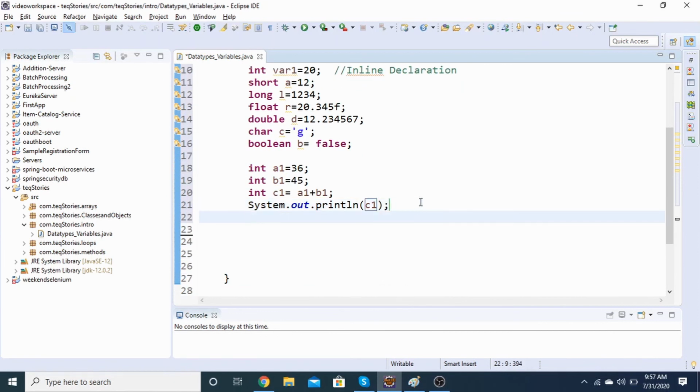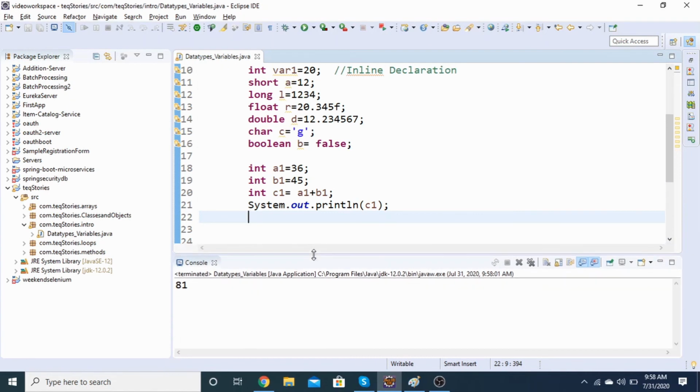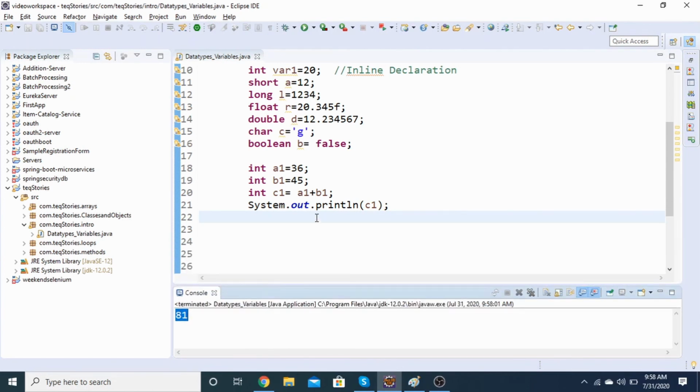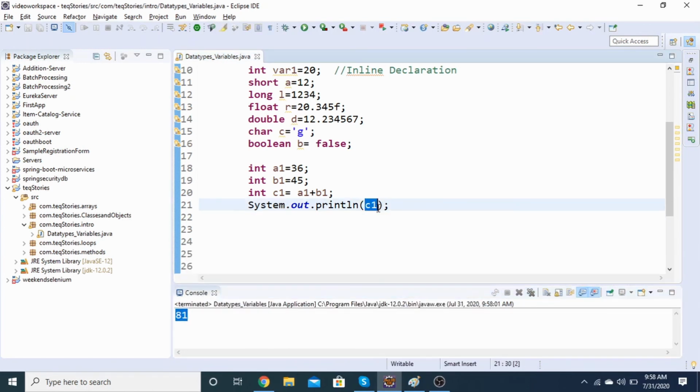So if I will be running this program right now, how to run it? You can see a green button here, right? So you will run this green button, which will automatically run your program, and it will start displaying the result over the console. Now if I'll try to pull this up, you will have this 81 here, as you can see, isn't it? So 81 is the output which we got. Why did we get 81? Because I have printed the variable c1 and it is showing this value. So this is how you have to work with the data types.